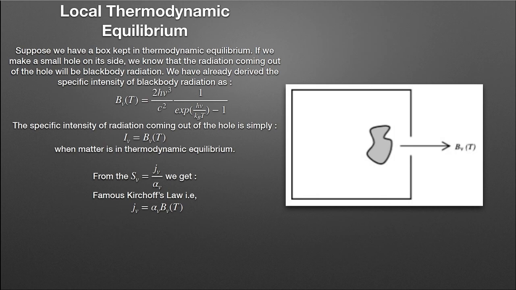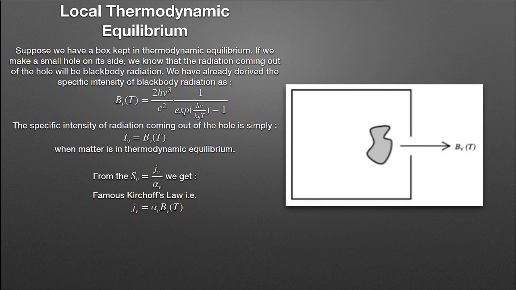Now why is it so? For supernovae or nebulae we get spectral lines, and for stars we do not. One reason we can give is that in stars the temperature varies as we go along the radius. If we are at the outer surface of the star, the temperature there would be much lower than as we go towards the core of the star. This is the reason why we get absorption lines in the spectrum of stars.